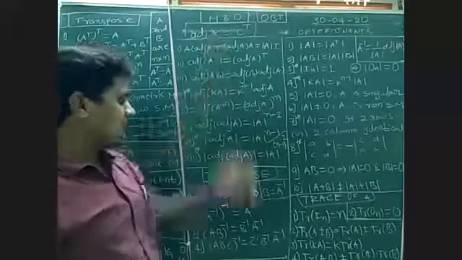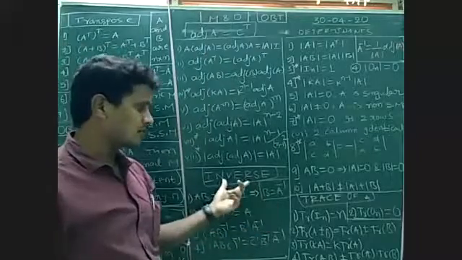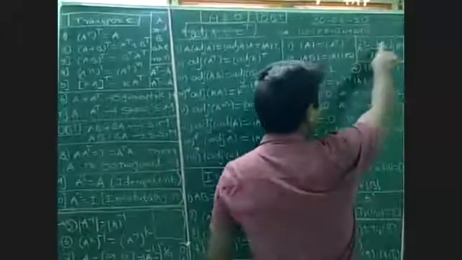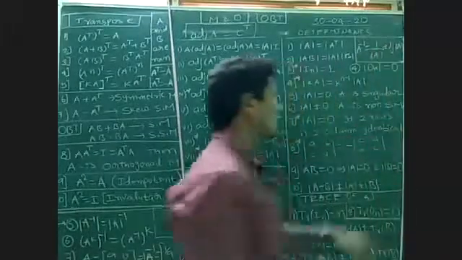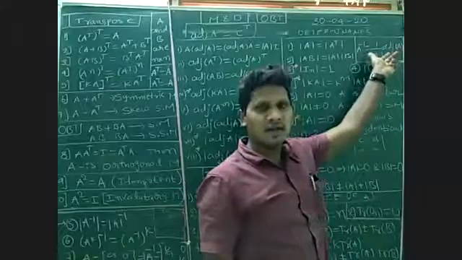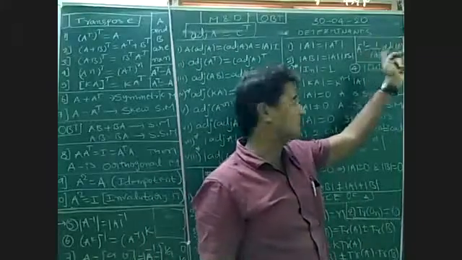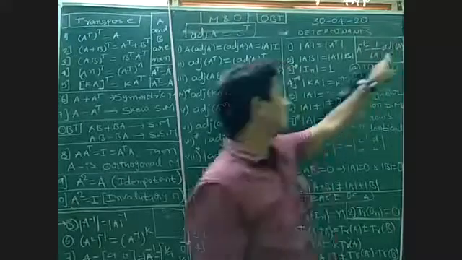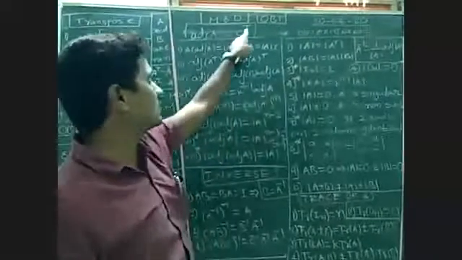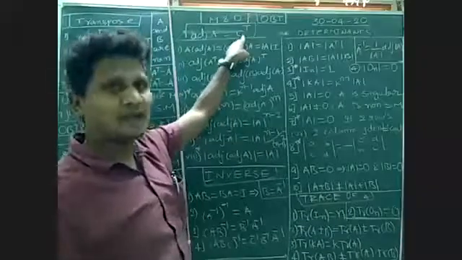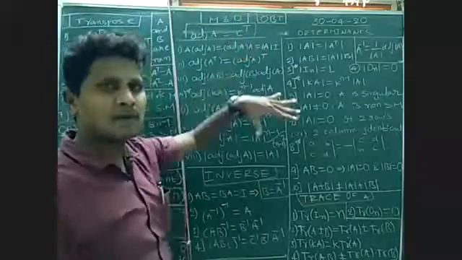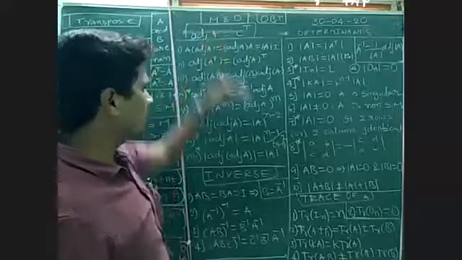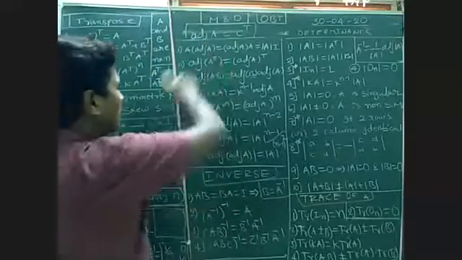Here, to find the inverse of a matrix, we already know the formula: A inverse is equal to 1 by delta A into adjoint of A. Delta values we can easily find for 2 by 2, 3 by 3 like that. So delta we get, then find the adjoint of A. The formula is adjoint of A is equal to C^T, where C is the cofactor matrix, and all cofactors are based on minors. After getting the adjoint of A, a few properties are related to it.